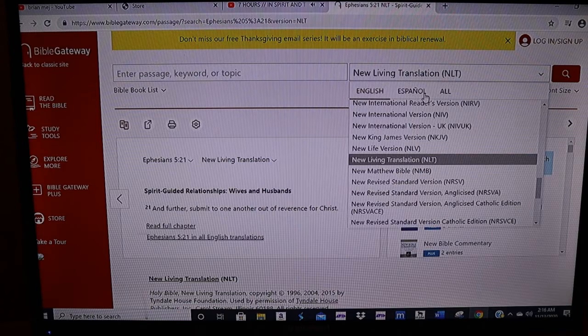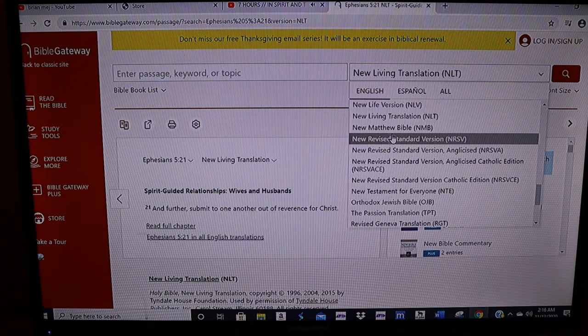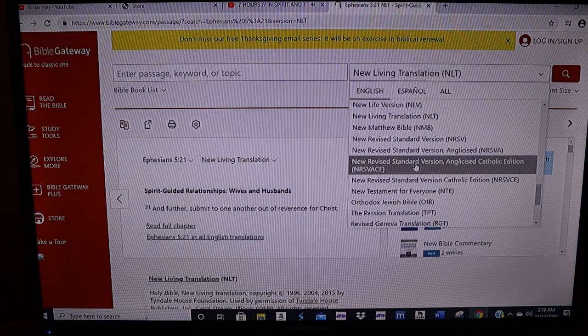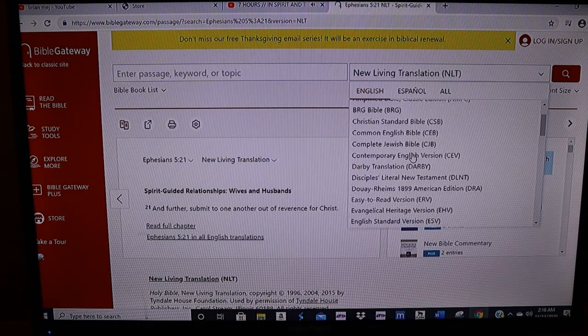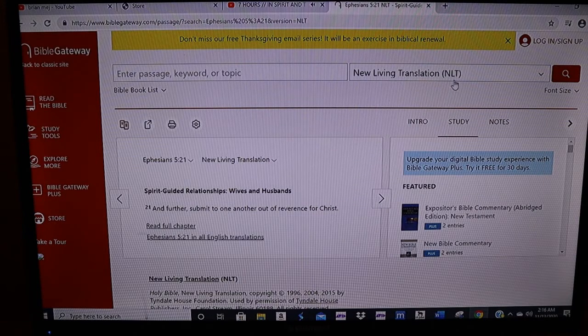this box here and you can select what translation of the Bible you prefer, and there's numerous ones in here. Now they're all useful and they're all good. Me, I have my preferences because of what translations I've read from most my time reading the Bible. And I have New Living Translation here, and then in this box here